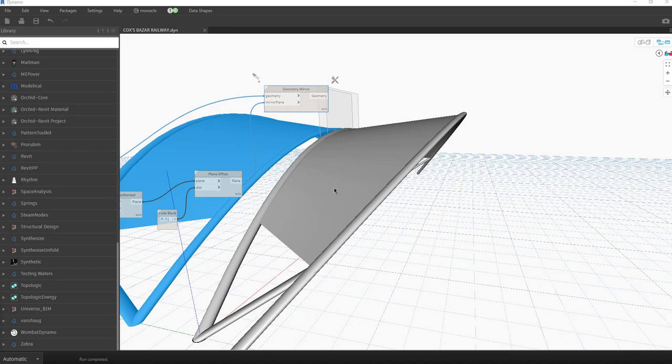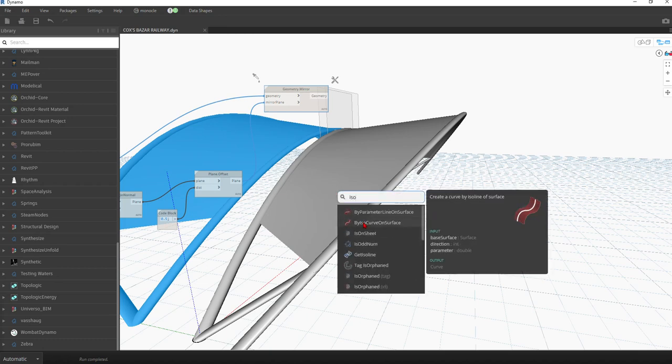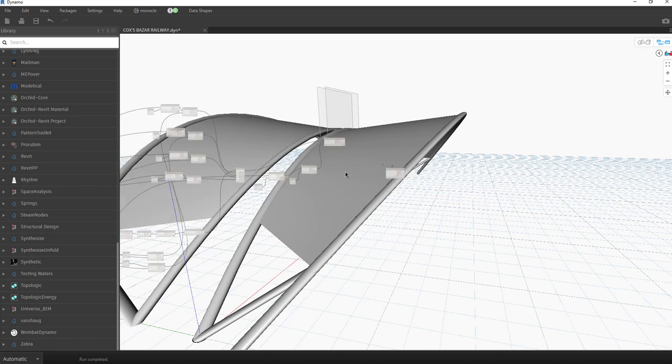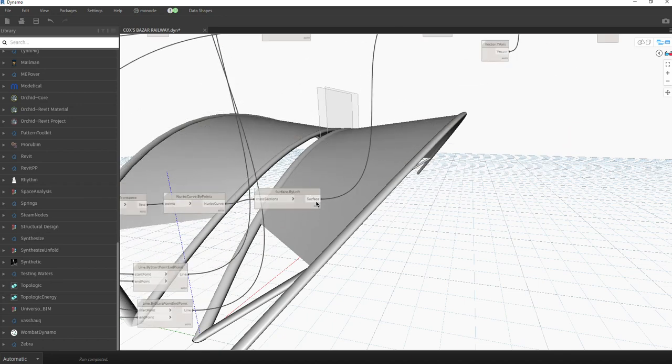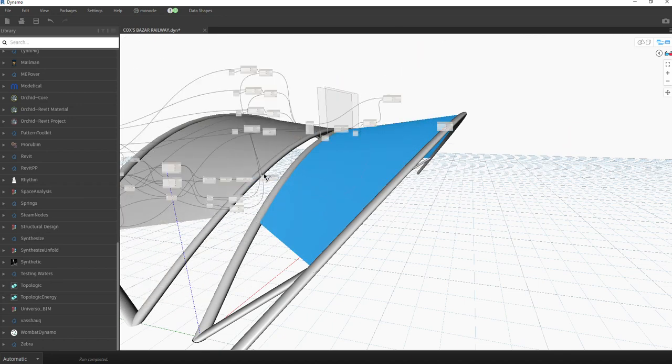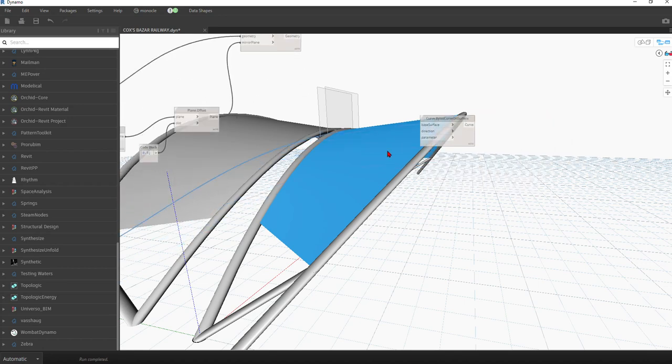Now create an isocurve on surface. If we connect the surface to this isocurve, this surface, and for direction just double click on this screen and write 1 and 0. Okay, just connect to this one direction,